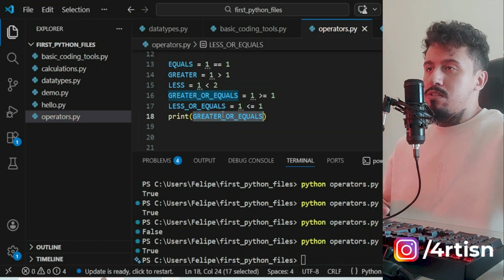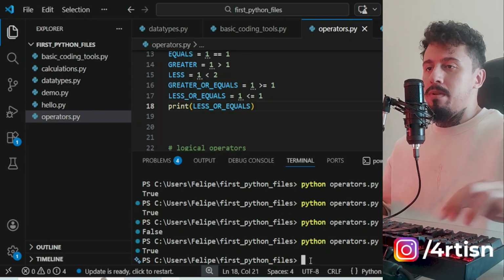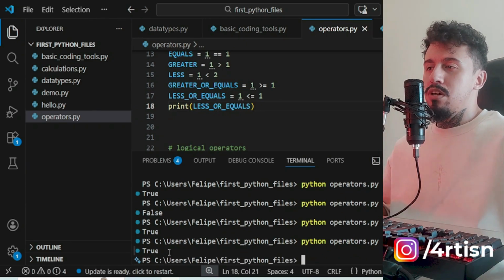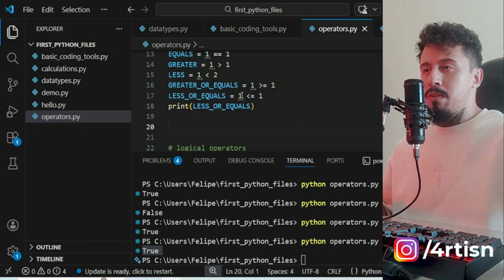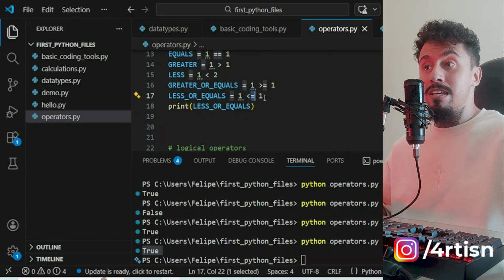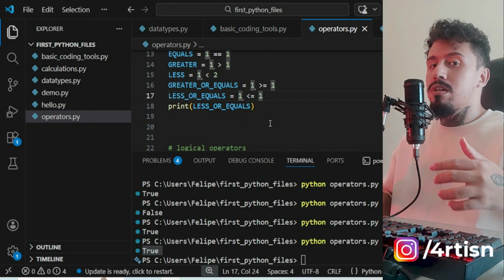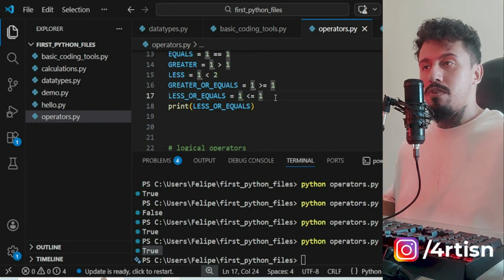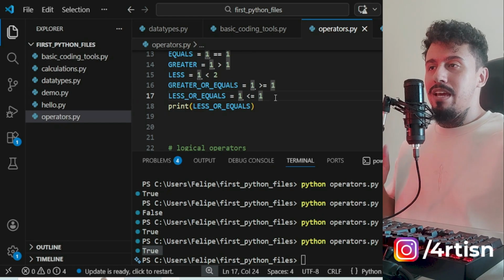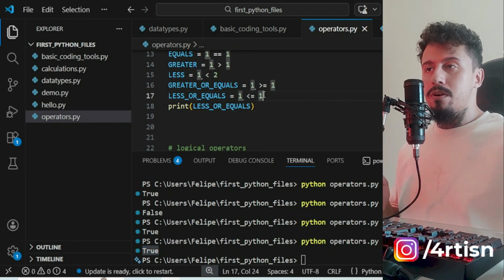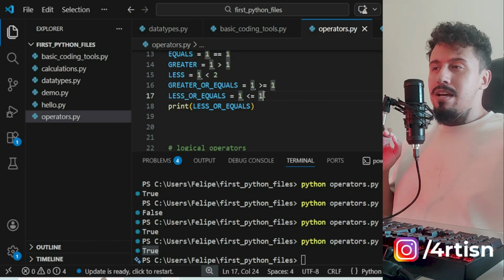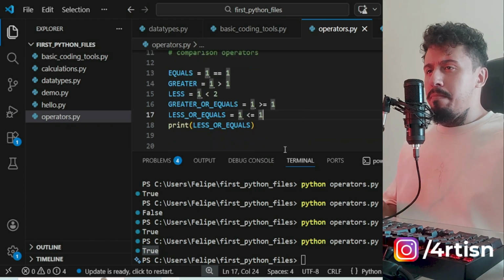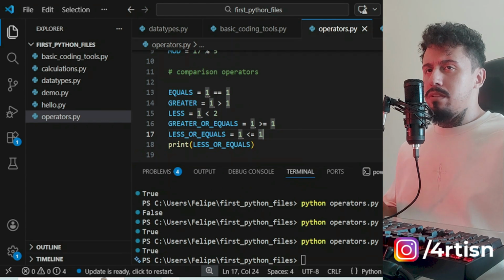What you think is going to happen now? We're going to have the true result. But 1 is not less than 1. No, but it is equals. So one of the conditions were satisfied. Okay, and the return is true. Okay. So these are the basic comparison operators, but we have